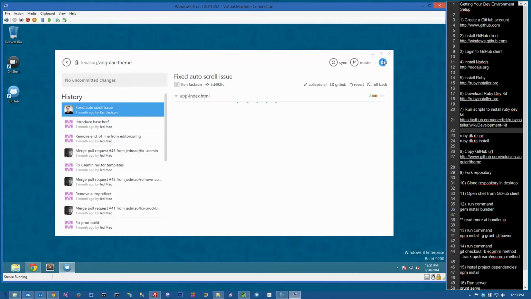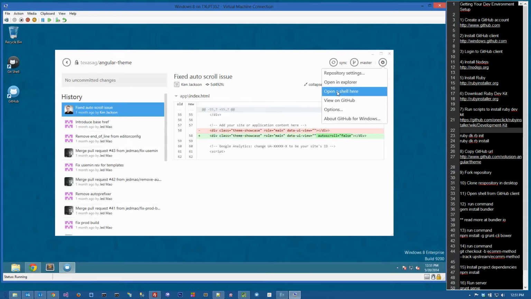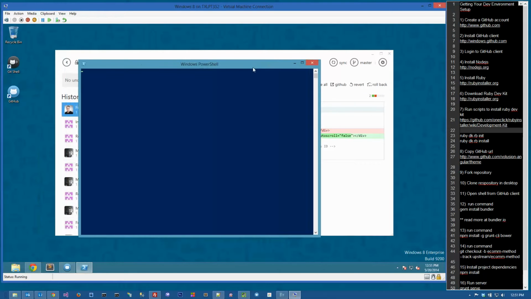Okay, now in the right corner there's this gear icon. If you click it and the drop down follows, you can open a shell. Here we're going to have a couple commands that we need to run to install a few other things. You want to type, when the command prompt is ready, gem,